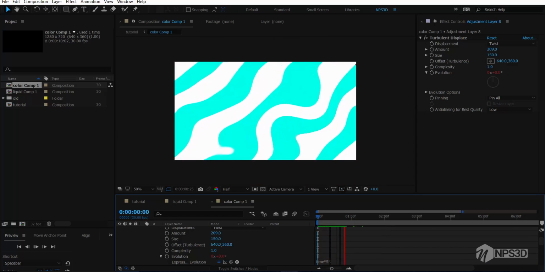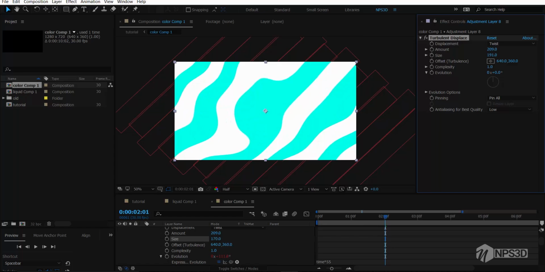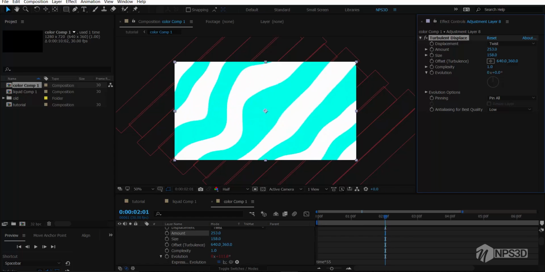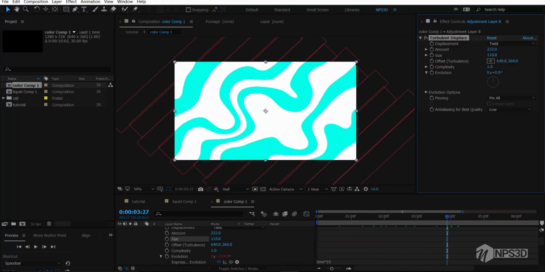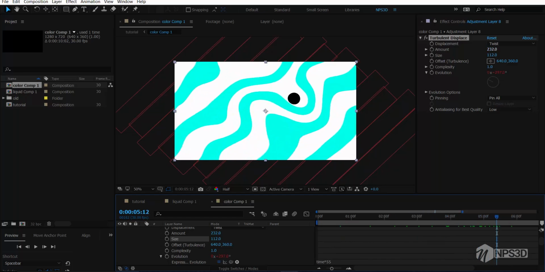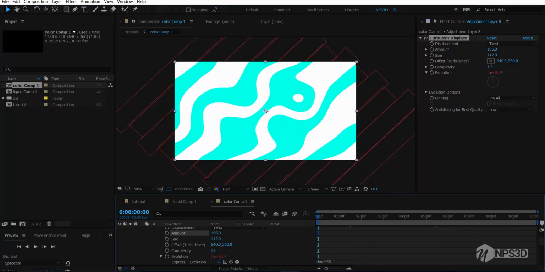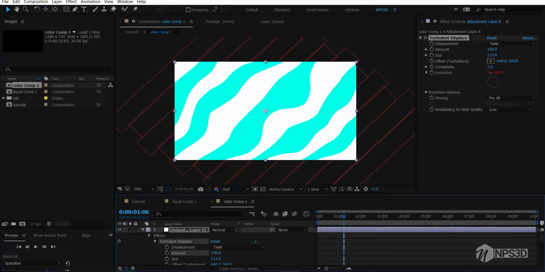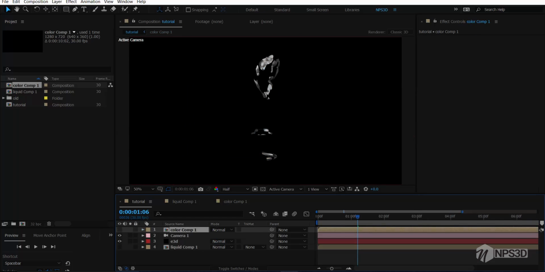So a little bit slower speed, and you can also do some changes here. So you can see. Oh, right, down this one. So good. Everything is good. Fine. So go inside the tutorial comp and just shut down the color and go inside the